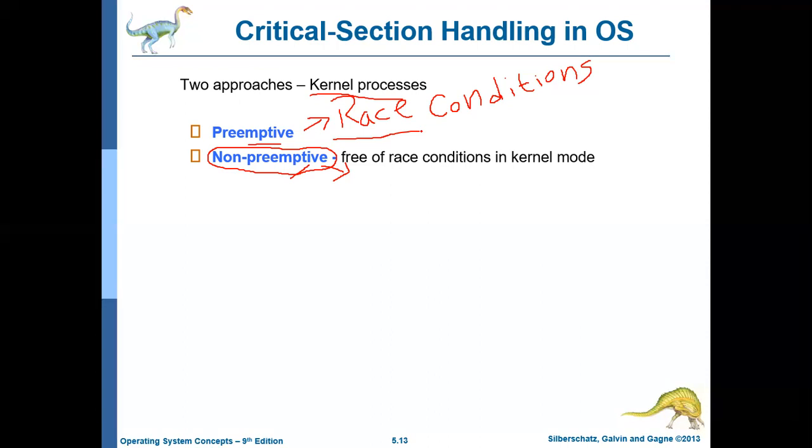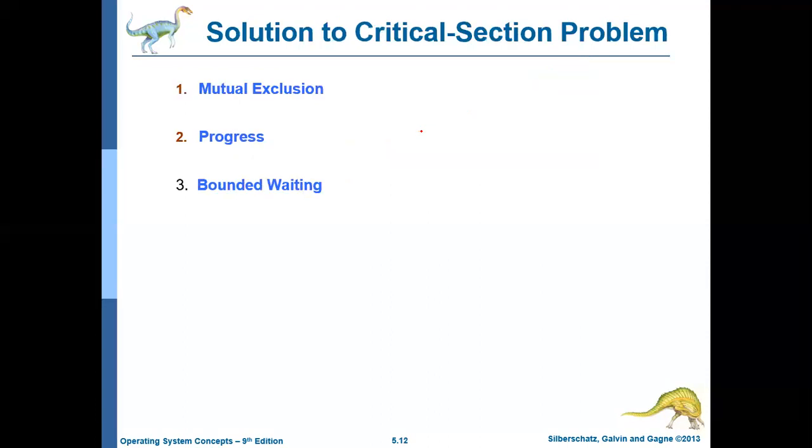And to avoid data inconsistency, the operating system should ensure that no two processes are running their critical sections at the same time. That is, if one process is executing its critical section, then other processes should not be allowed to enter the critical section. This concept is called mutual exclusion. That is, if process Pi is in its critical section, then all other processes should wait. Then we discussed a small solution to ensure data consistency. And then we discussed, if you want to propose a solution for the critical section problem, what are the conditions to be satisfied?